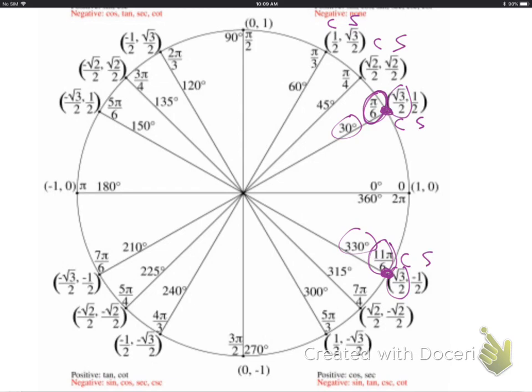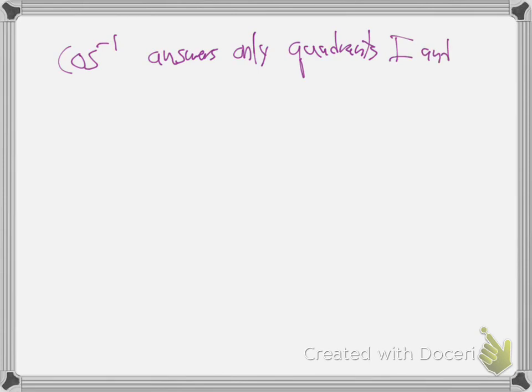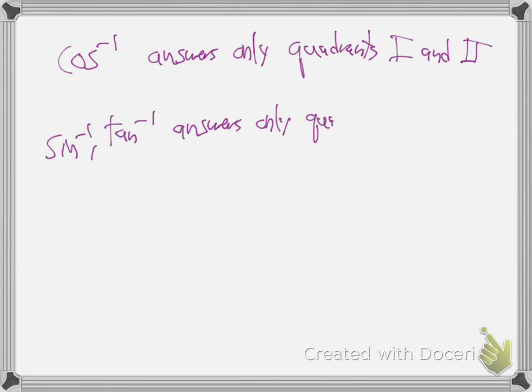Yeah, so let me do this. Let me give you the official rule. So this is the only answer, pi over 6. And let me give you the story. So for cosine inverse, the answers are only in quadrants 1 and 2. For sine inverse and tangent inverse, the answers are only in quadrants